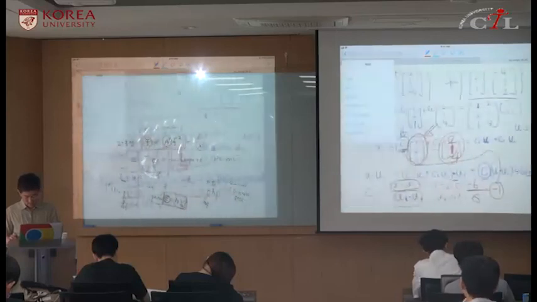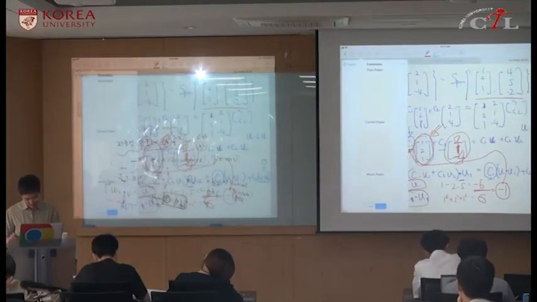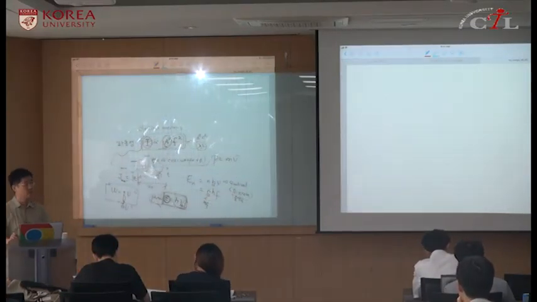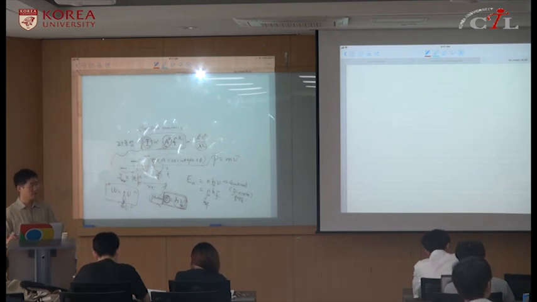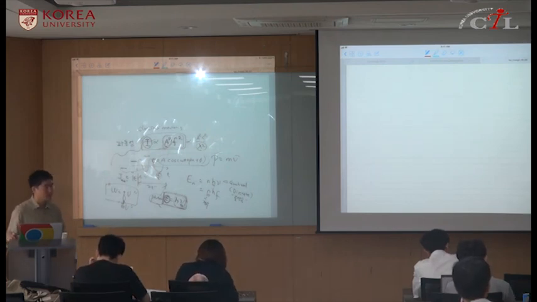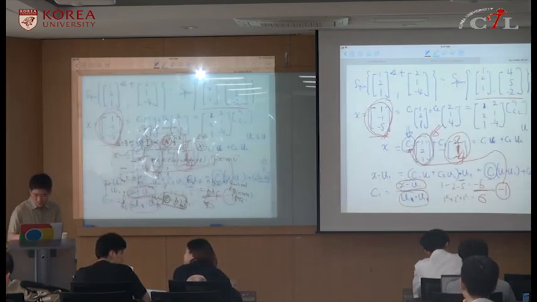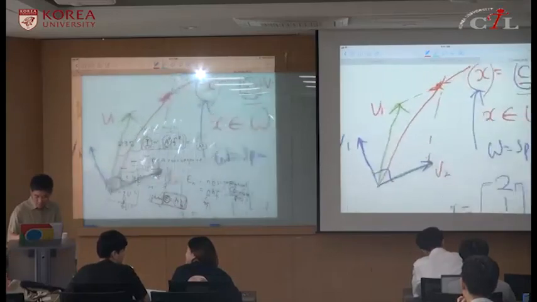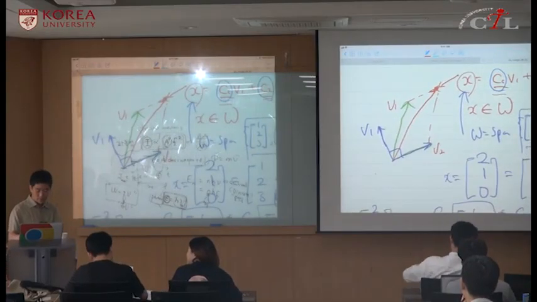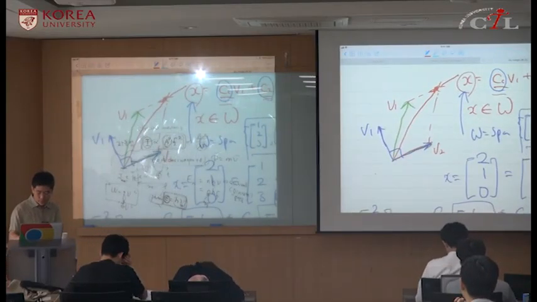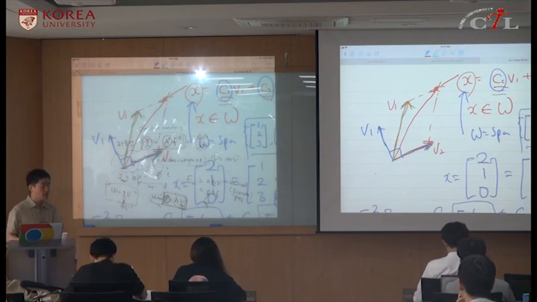Okay, and let me just explain the physical meaning of the properties that we studied from this example. So you guys remember this kind of example. If our vectors are v1 and v2 that are not orthogonal,